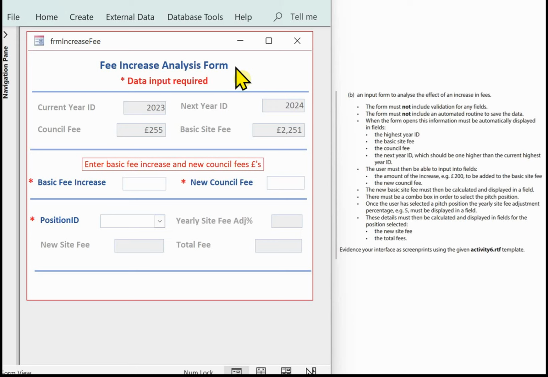So we've got a good title here, Fee Increase Analysis Form, and then some instructions to the user where data input is required. I put a red asterisk where the user is required to enter data. I've broken the form up into three distinct areas which link to the three main areas listed in the task. The first part of the form is where, when the form opens, this information must be automatically displayed in fields. So we've got the highest year ID, current year ID, the basic fee site, the council fee and the